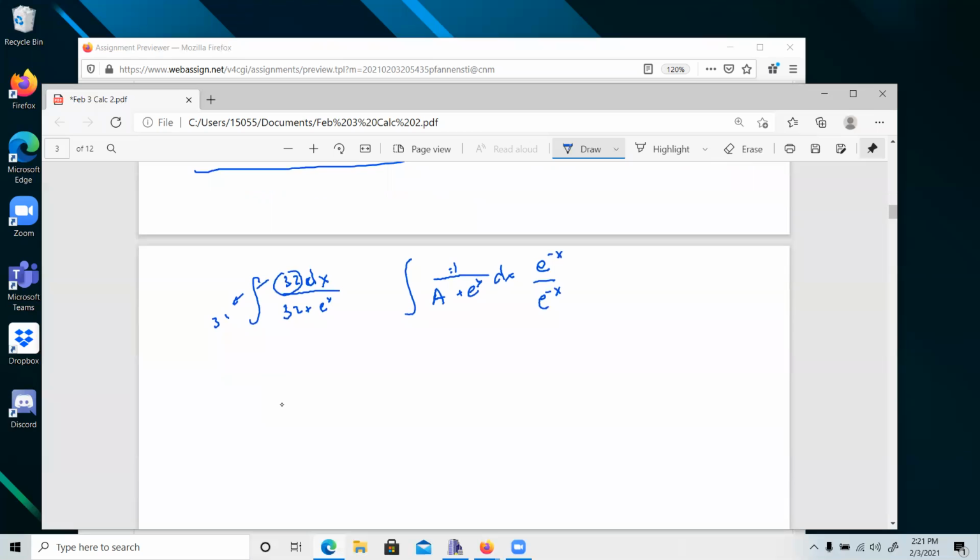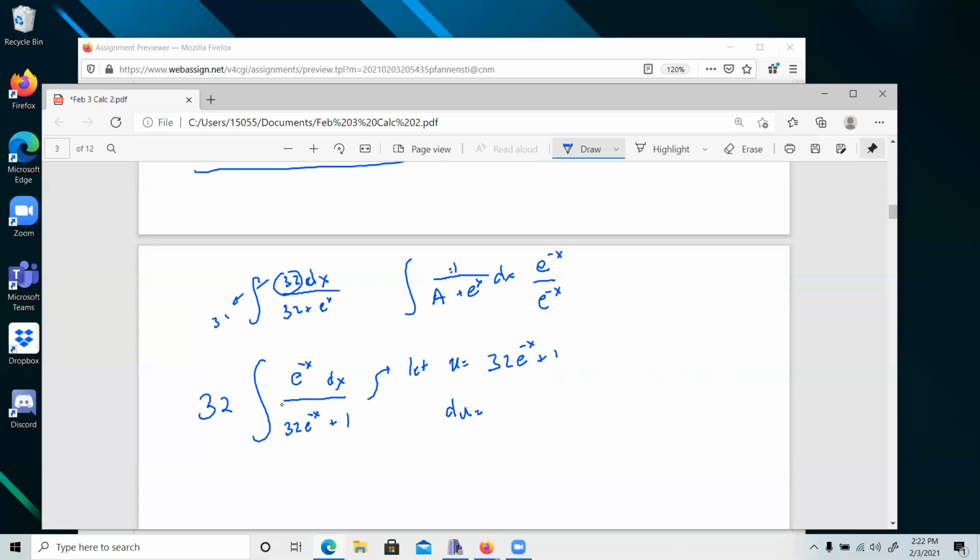We have e to the negative x on the top, and on the bottom we've got 32 e to the negative x plus 1. So this puts the e to the negative x up on the numerator, so that when I let u equal whatever's in the denominator, 32 e to the negative x plus 1,